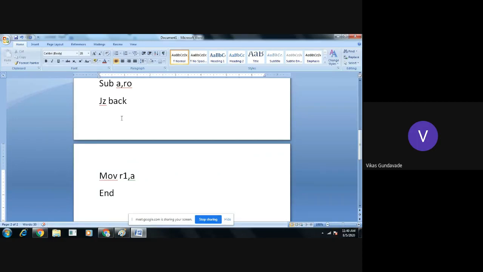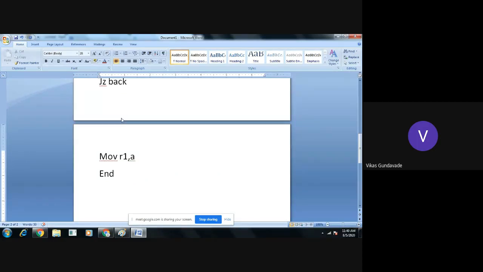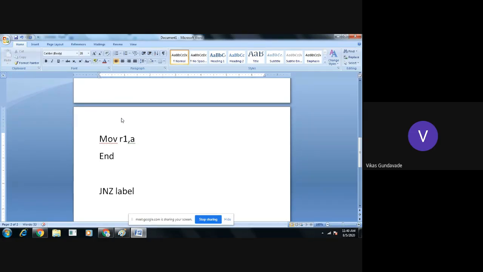Now the next instruction is jump if not 0, JNZ label. In this case, the jump will take place if the 0 bit of the PSW is clear, or 0.